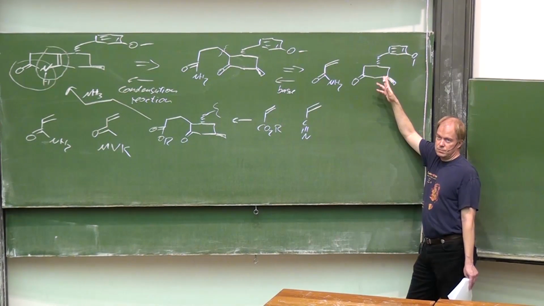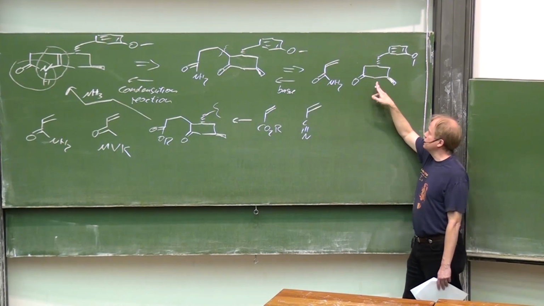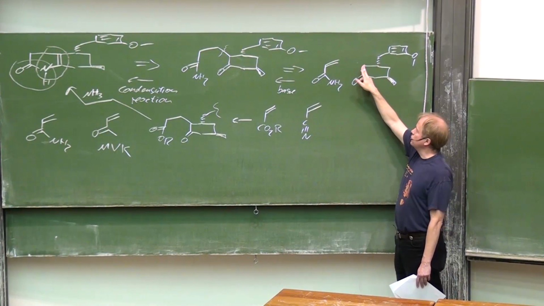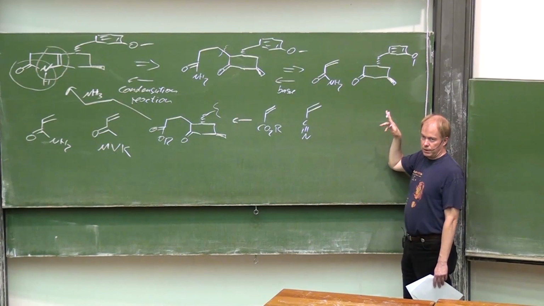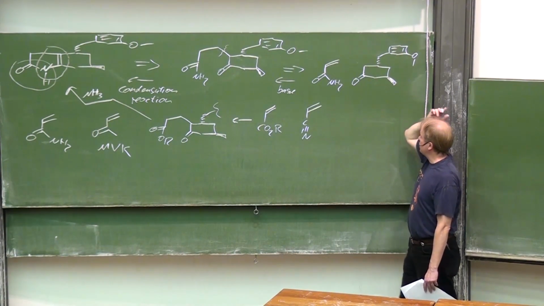That's a problem. Actually, I don't see any chance for any base to get this preferentially deprotonated here or there. Yeah? So maybe we have to play a trick on that